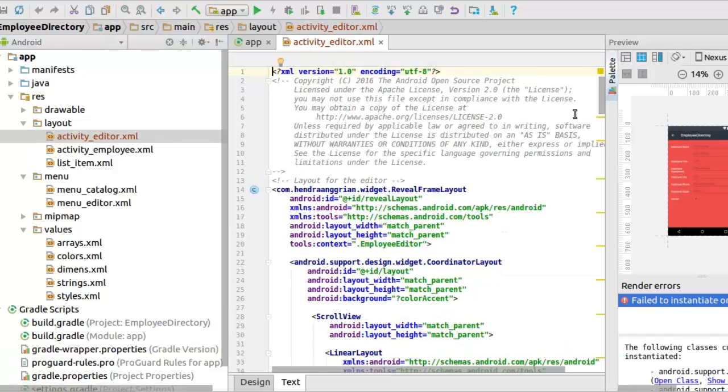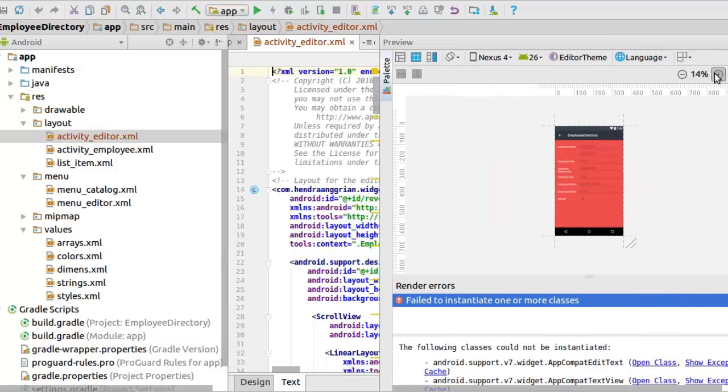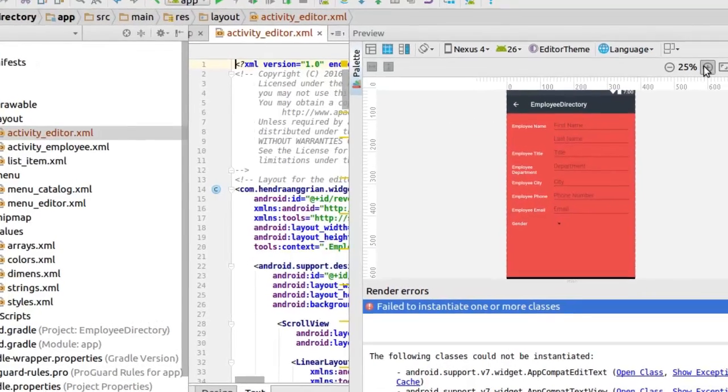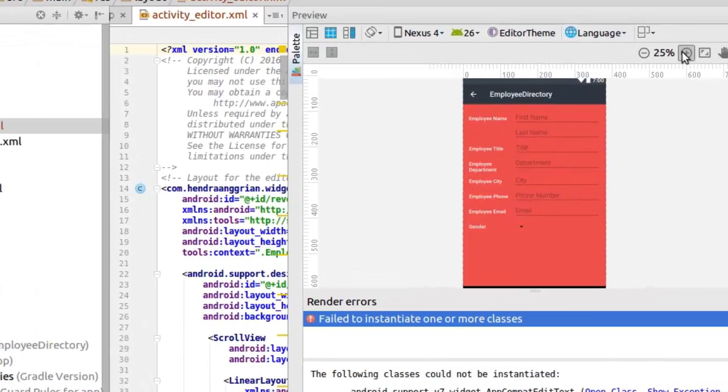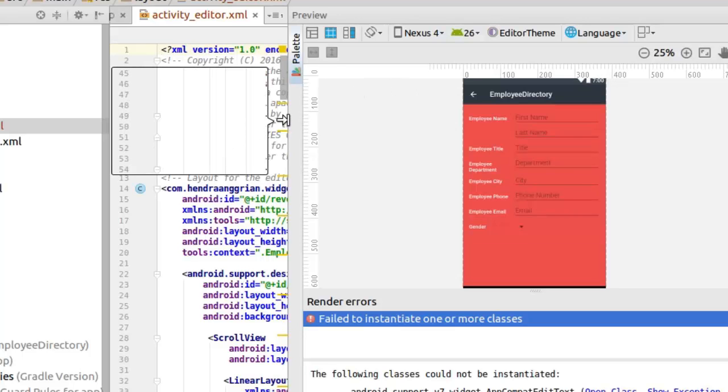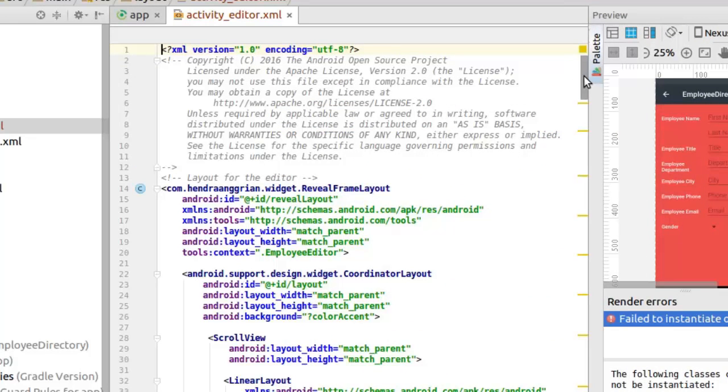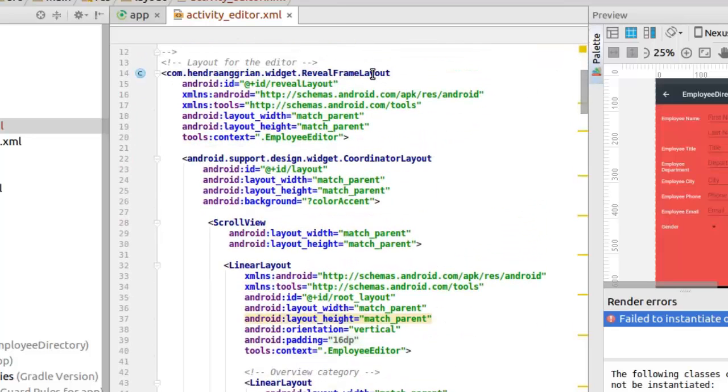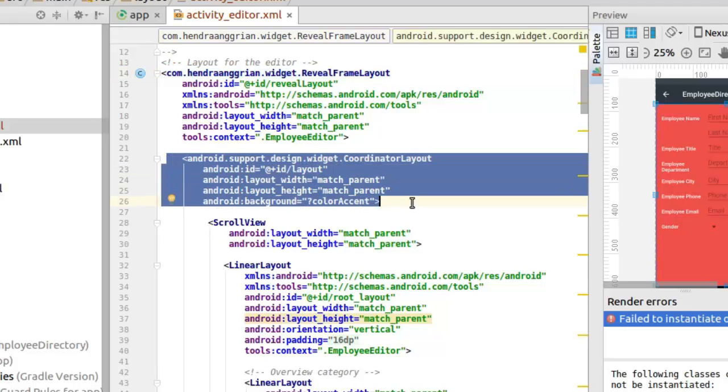Let's get to look at this activity editor. If you can see the preview, let me make this larger. So it's actually going to have this structure. It's a form where we have the name, title, department, and so on. A quick rundown on the code. We have the first parent tag called the reveal frame layout. This actually helps us with the circular reveal animation we are applying on the floating action button. And the coordinator layout follows, which wraps around the form